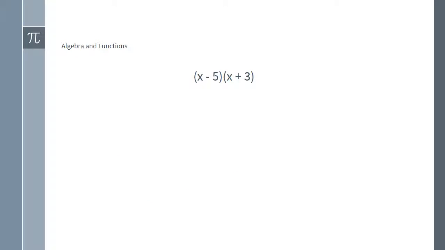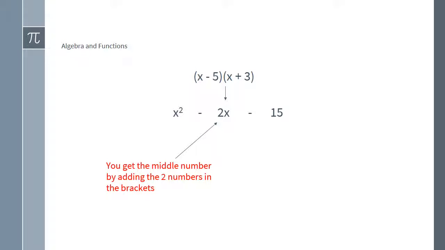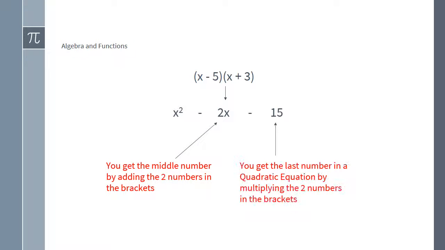Here's another example. x minus 5 times x plus 3. When you times it out, you get x squared minus 2x minus 15. And again, you get the middle number by adding the two numbers in the brackets, and you get the last number by multiplying the two numbers. Minus 5 plus 3 is minus 2. And minus 5 times positive 3 is minus 15. Knowing this is useful,